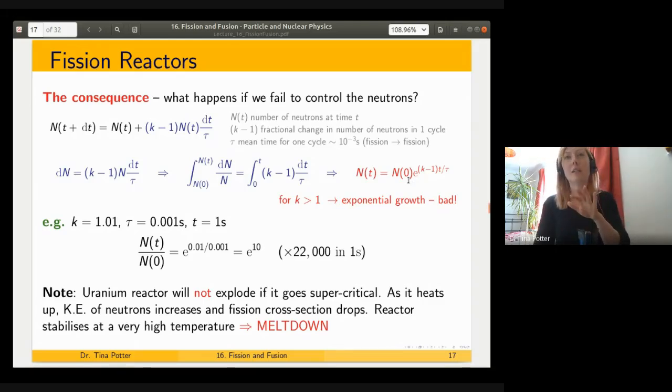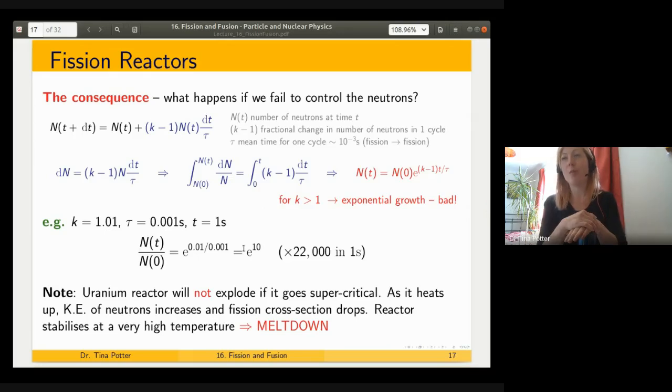So let's consider the mean cycle time between neutron production and inducing another fission as 1 millisecond. That example as we did before. How many neutrons are we going to have after just 1 second? So let's say we're going to have a supercritical chain reaction. Not a very supercritical one. I'm just going to say that it's 1% above 1. So the criticality is 1.01. That is supercritical. And let's have a look what happens. We are going to get an increase in our number of neutrons of e to the power of 10. So in 1 second, we will have